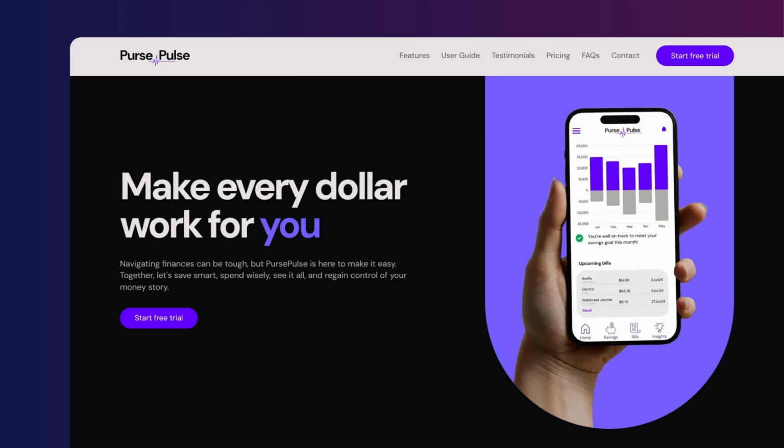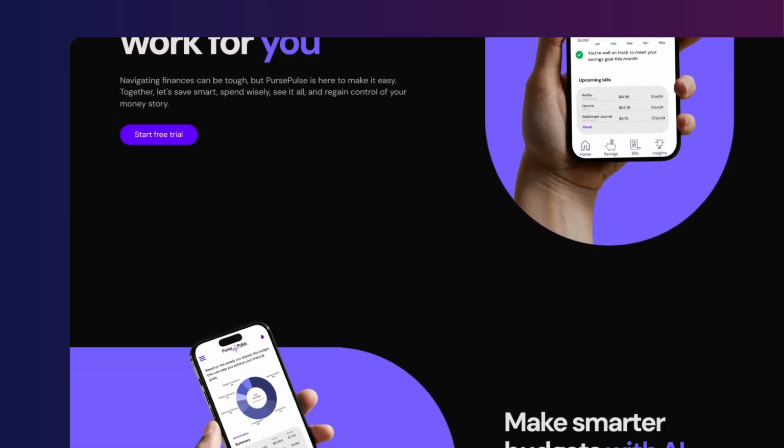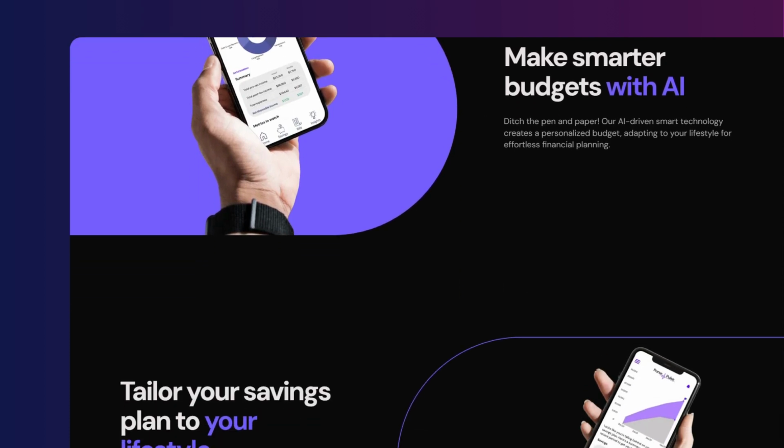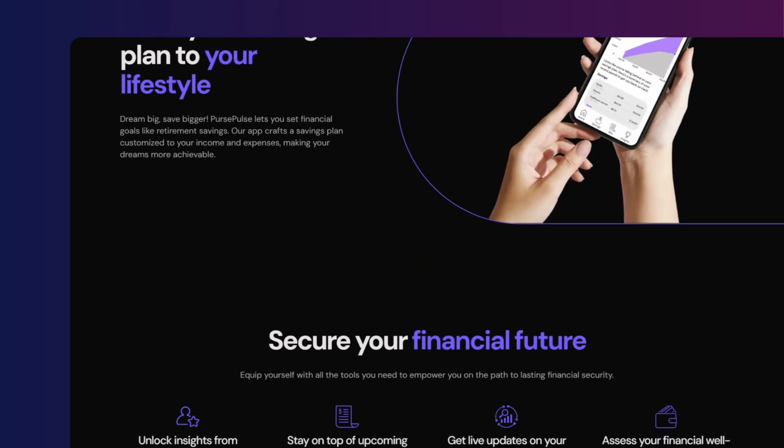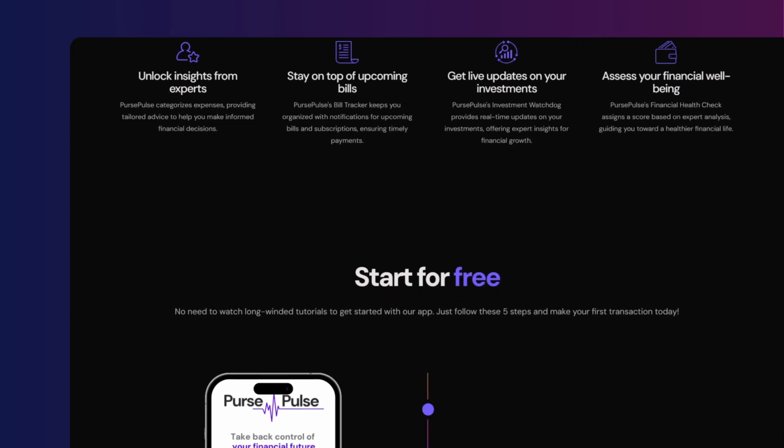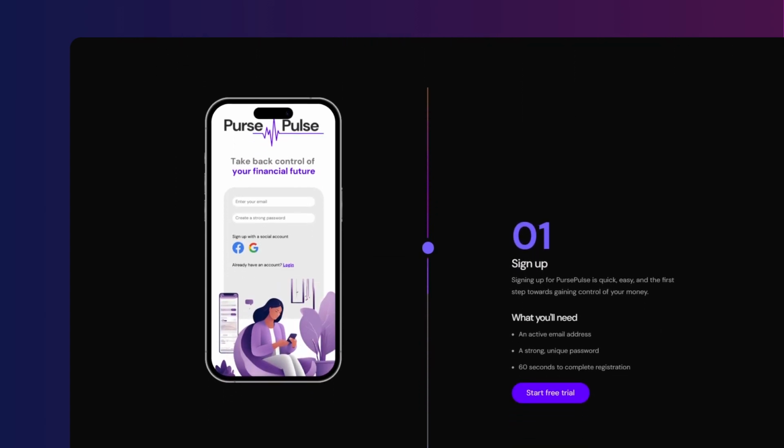Now, as a landing page, the key objective of this template is to convince people to download or sign up for your app. So you'll see that there's a clear value proposition right up front, and it follows a conversion-oriented layout that gives people information in a logical order and guides them towards the action that we want them to take, which in this case is to download the app.